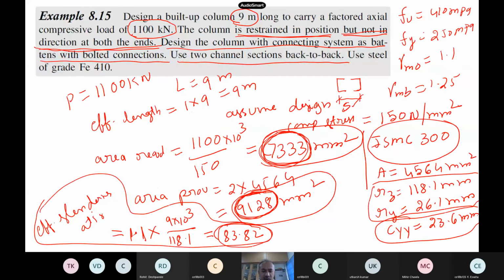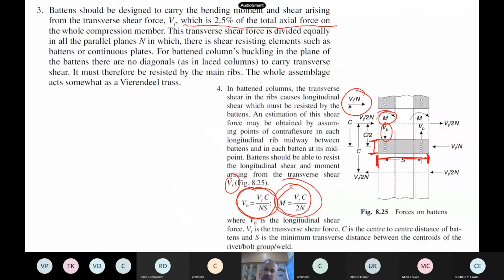So this problem also we have solved. The only thing I wanted to mention is that when you design these bolts, generally we have studied only lap and butt joints. But in battens you have to design the bolts for moment connections also, which we have not yet discussed. We'll come back to that after some time. Right now, if we are able to design the depth, width, thickness and other things of the battens, and verify the load coming on them, that is sufficient for now.